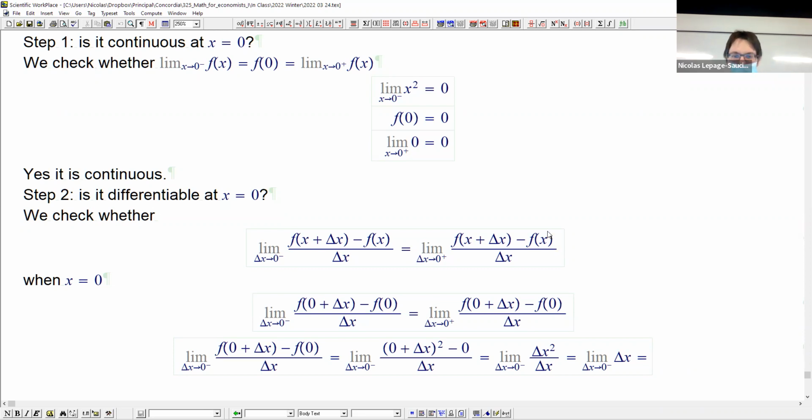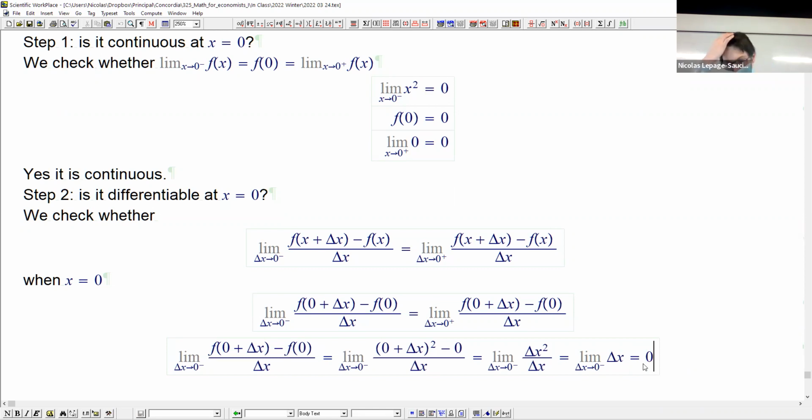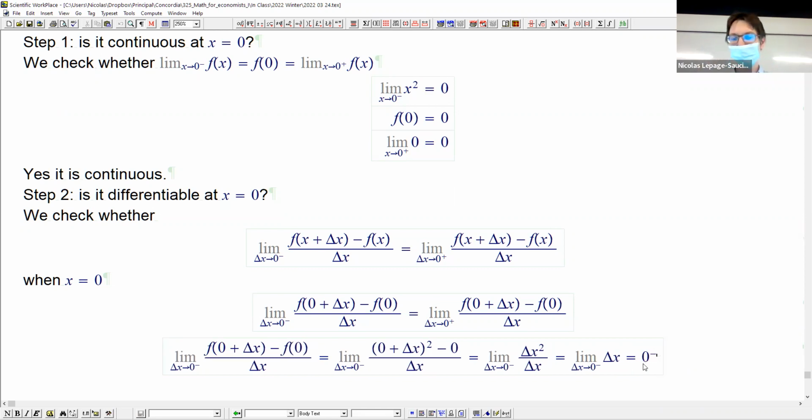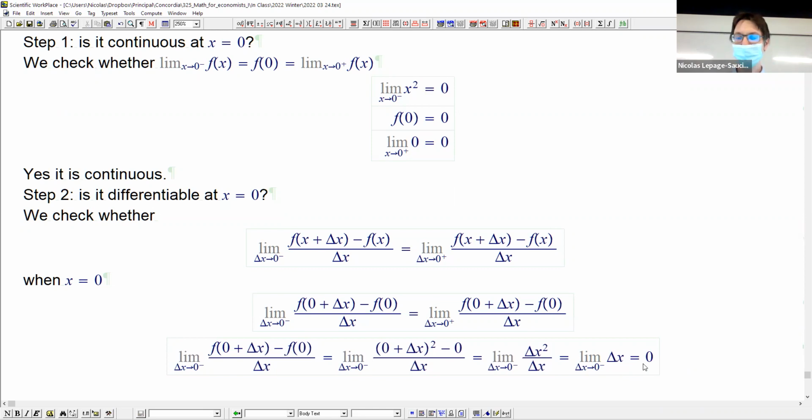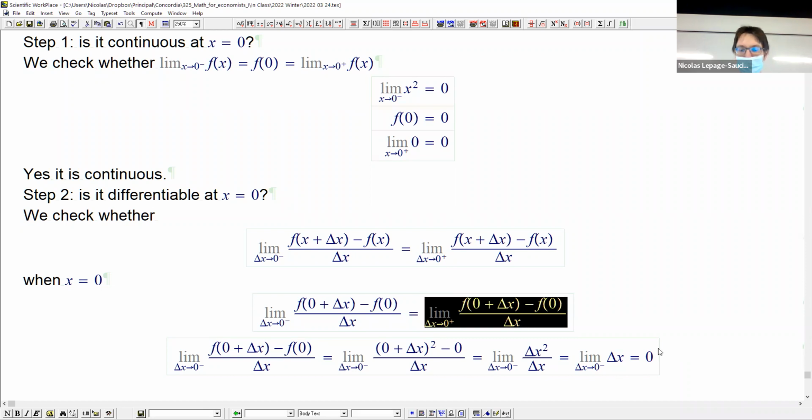Okay, I said that the limit of x squared when x goes to 0 is 0. So the limit of delta x when delta x goes to 0 is 0. So this is my left limit, but then my right limit is